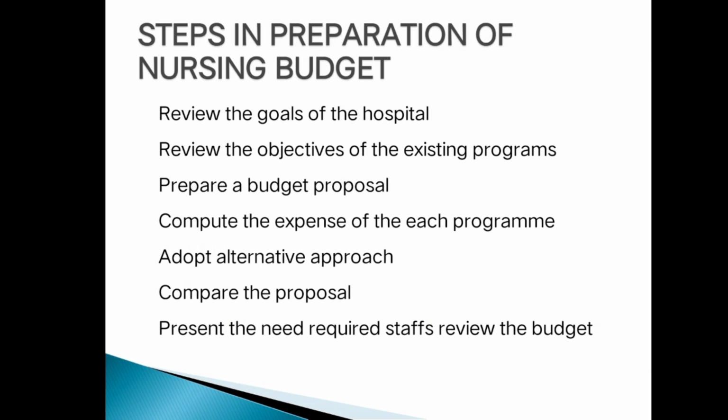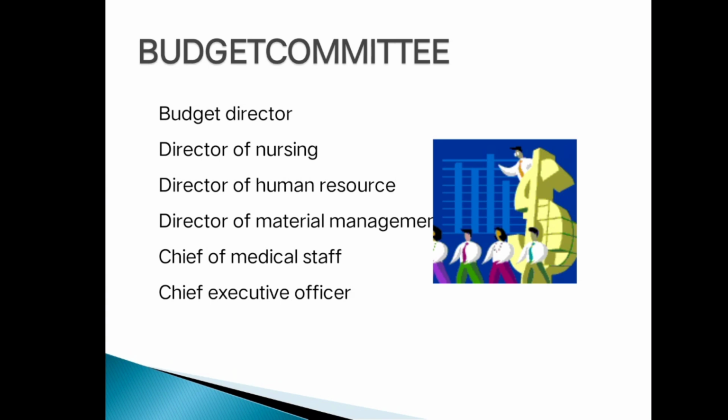Whoever is preparing the budget for a particular department should be accountable, and should also be very specific in doing the budgeting for that particular procurement of equipment. In the same way, they should have a justifiable reason for doing that budgeting. For example, if I am the head of a department like adult health nursing, and I want mannequins related to CPR in order to train my students, I should have a proper justification for the procurement in the budget.